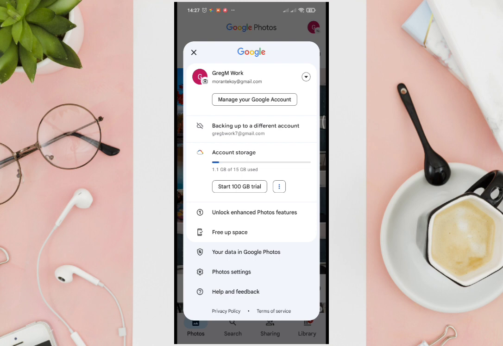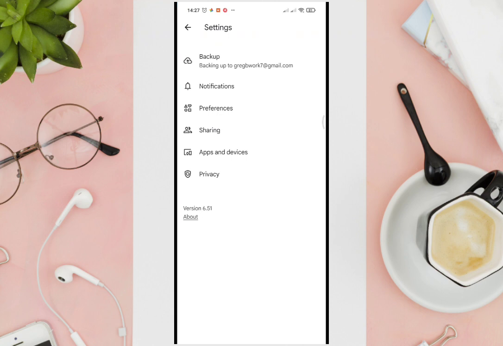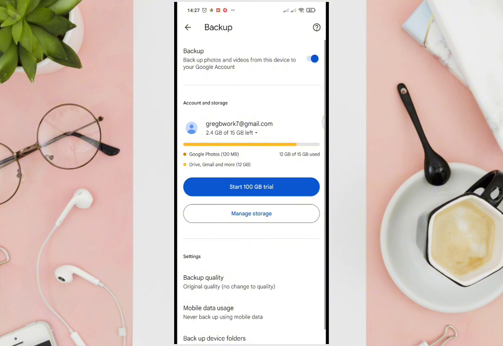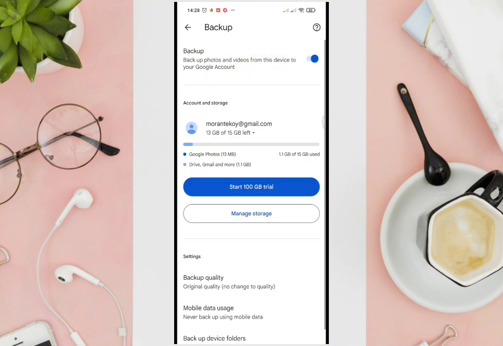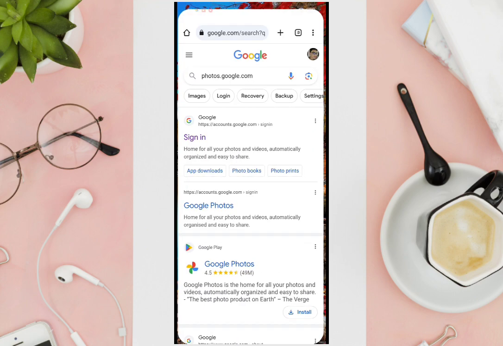Okay, and then click on the Photos settings. Okay, and then now click on the backup. That's right. And then make sure that this switch is toggled on. Just click on that. And then you will just have to close this one and then go to your